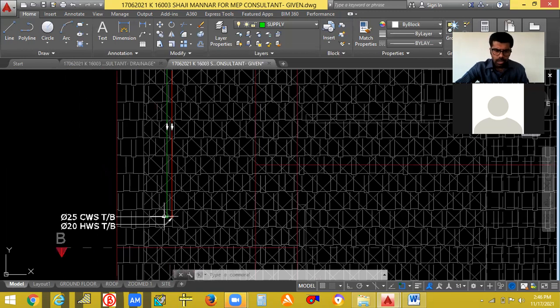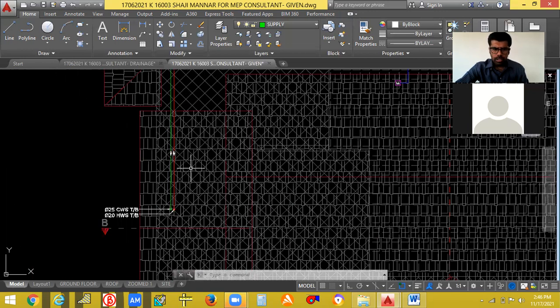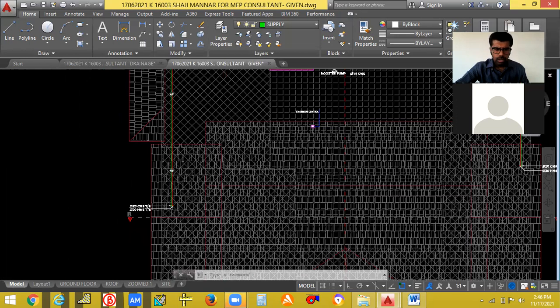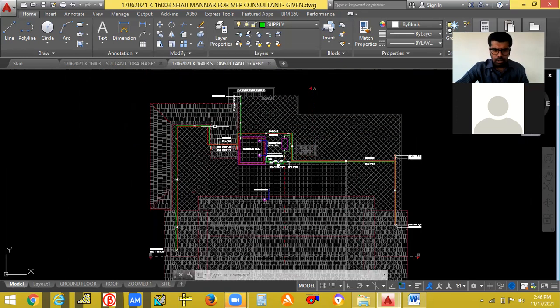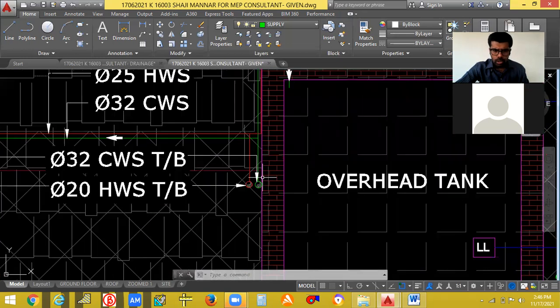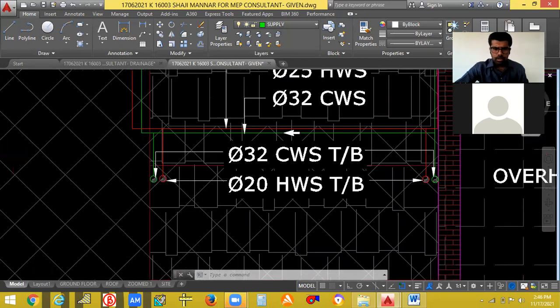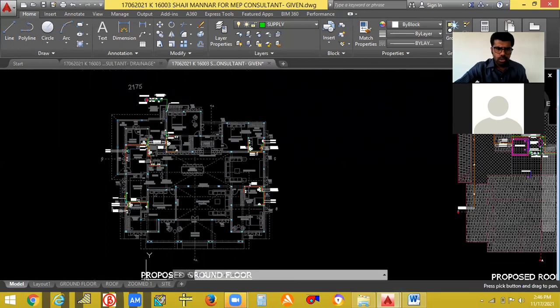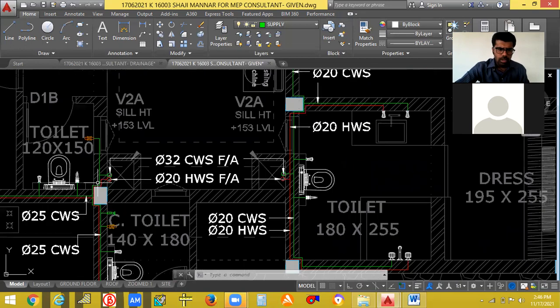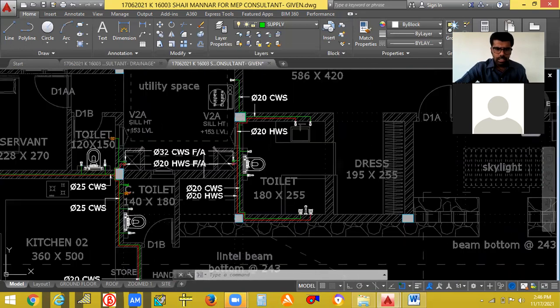So 5 areas. One to this toilet number 1. Another one here, toilet number 2, toilet number 3, because you can see 2 sides. Because you see 2 adjacent ducts here.